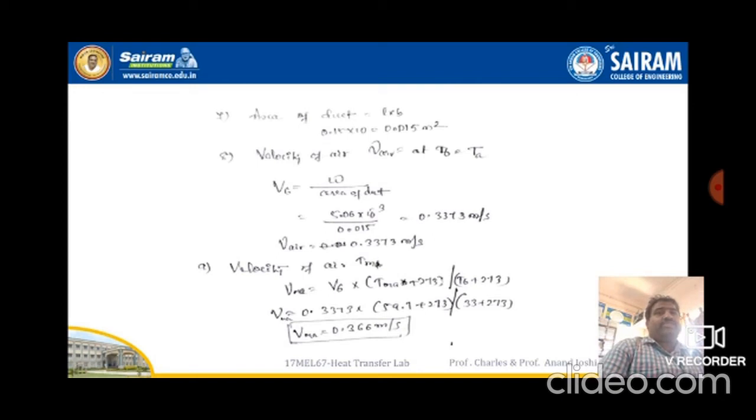Then velocity of the air, that is at T6, is nothing but ambient temperature. That value is omega divided by area of the duct. You will get 0.337 meter per second. That is velocity of the air. You will get 0.337 meter per second, and velocity of the air at Tm is going to calculate, that is